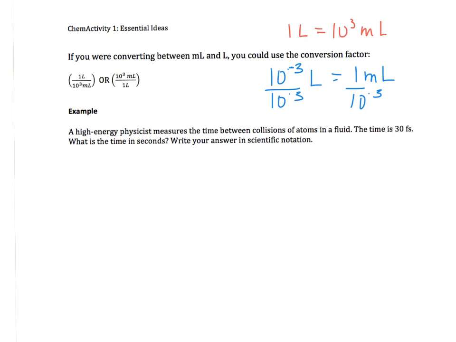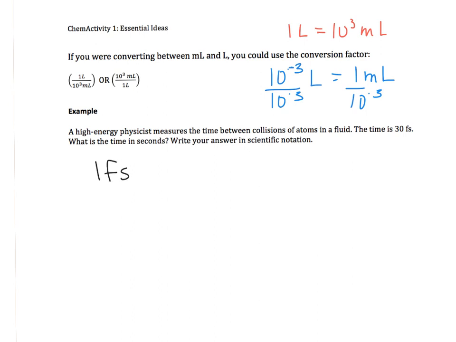Something like this. A high-energy physicist measures the time between collisions of atoms in a fluid. The time is 30 femtoseconds. So you have to know that F is femto. If you didn't know that, you can just Google it. What is the time in seconds? Well, the first thing we need to do is figure out what femto is. And if you look it up, because it's not on the table on the previous page, you have to Google it. What you find is that femto,